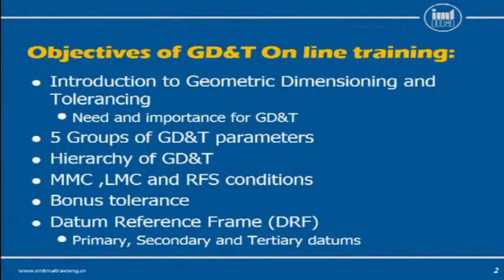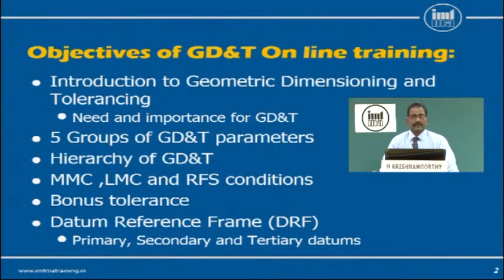Tolerancing, GD&T in short. The key objectives of this E-Train module on GD&T is to take you through an introduction to GD&T, the need of GD&T in engineering drawings, the 5 groups of GD&T parameters, the hierarchy of GD&T implementation, then a clear understanding of MMC, LMC and RFS conditions, when each condition would be applicable, then the meaning of bonus tolerance and its advantages,